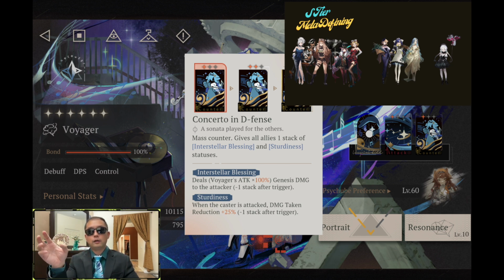the other half of her kit that allows her to have some damage output in the form of this one right here. Her counter, one of the best counters in the game, where she is able to